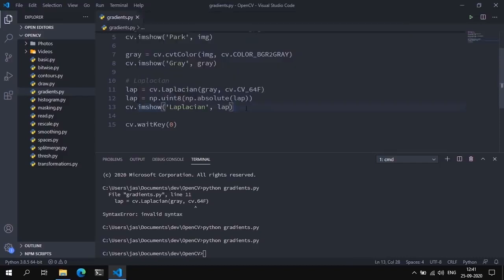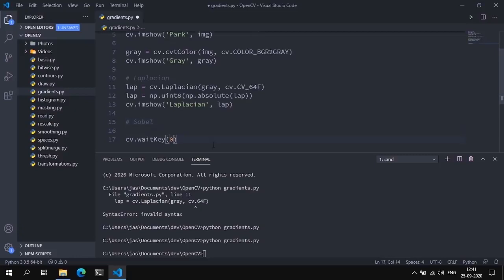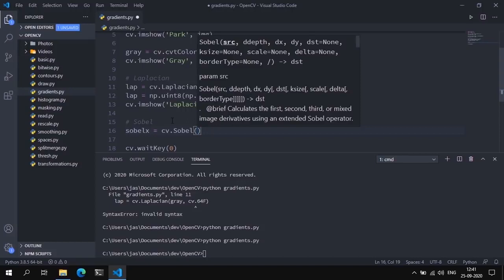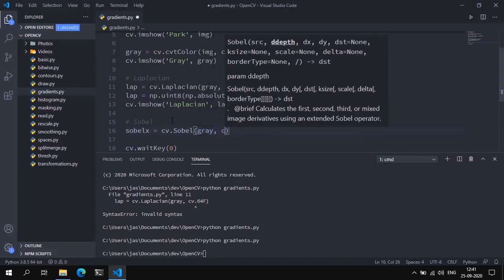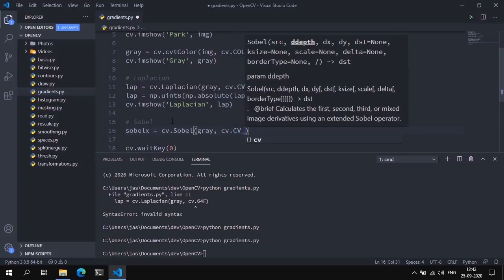So let's move on to the next one, and that is the Sobel gradient magnitude representation. Sobel computes the gradients in two directions, the x and the y. So we're going to say sobelx, which is the gradients computed along the x-axis, and set this equal to cv.Sobel, and we can pass in the image. Let's set this to the grayscale image. We pass in a data depth, which is cv.CV_64F,